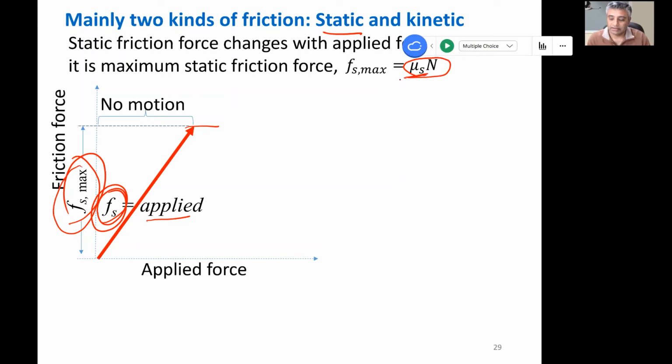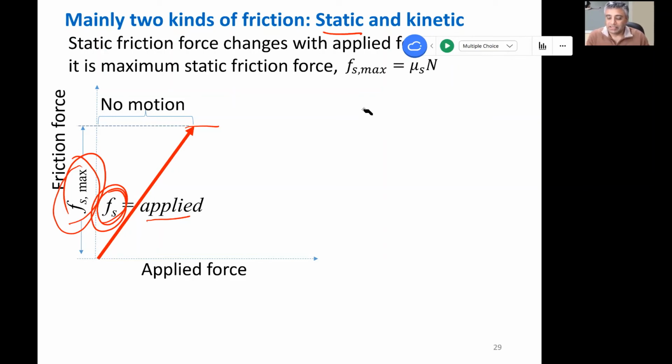And there is this thing called the static friction coefficient, okay? And this can be measured by doing an experiment, and you can find the value. So for example, what's the mu s for wood on wood? You can find that, okay? What's the mu s for wood on a metal surface, let's say, iron? Somebody has already done the experiment and found the value, and it's listed. You can search for it. Many of them you can find in your book, okay?